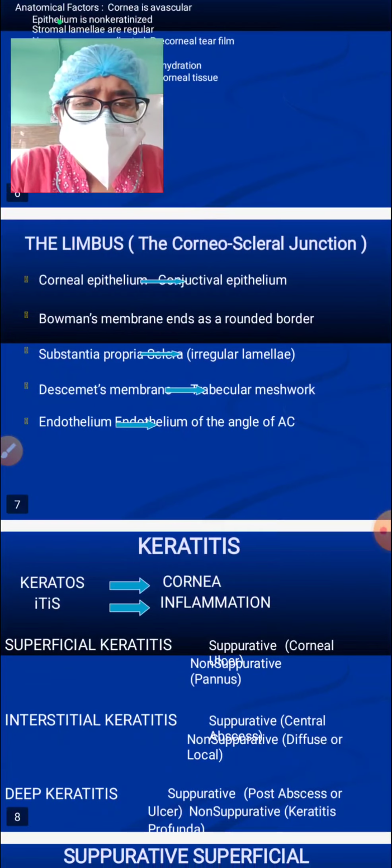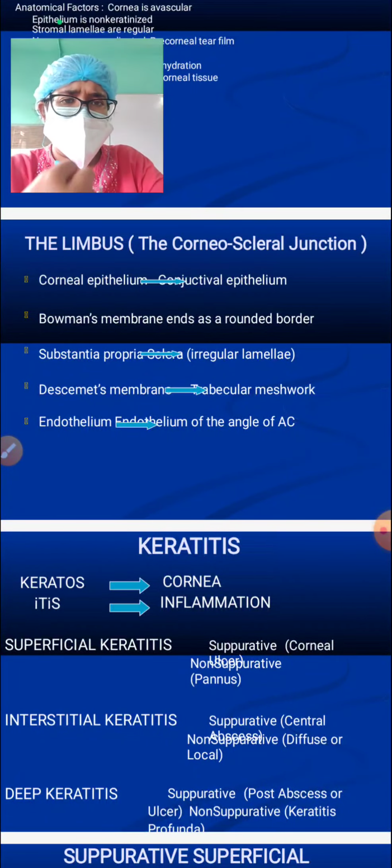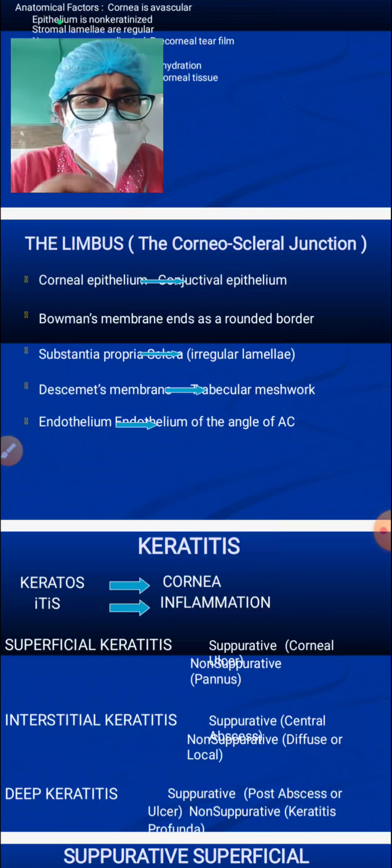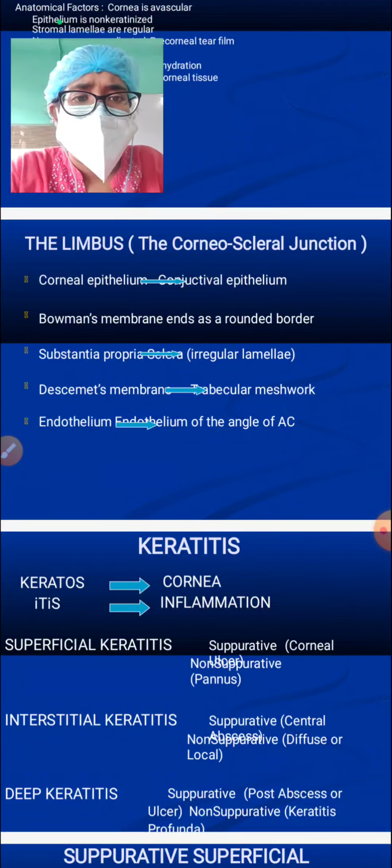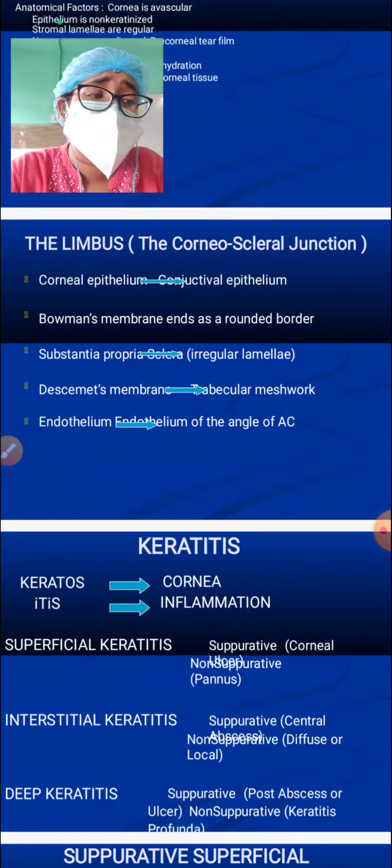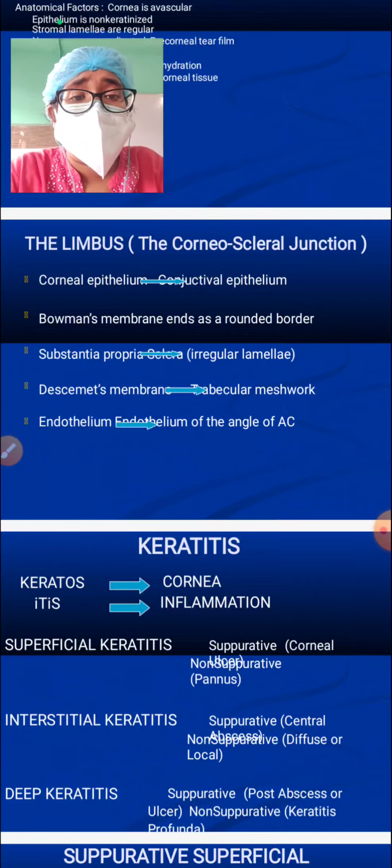Now, something you require to know, the limbus. Okay, what is the limbus? It is nothing but the corneal scleral junction. What you require mainly to know is that from the slide itself you can see that the corneal epithelium continues with the conjunctival epithelium. Okay, the substantia propria, that is the corneal stroma, continues with the sclera, and the Descemet membrane continues